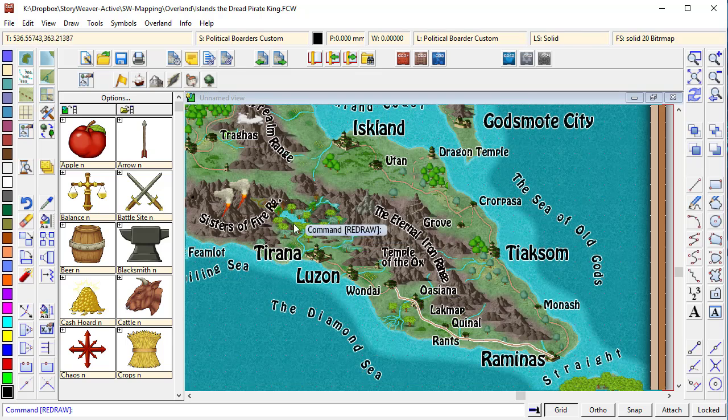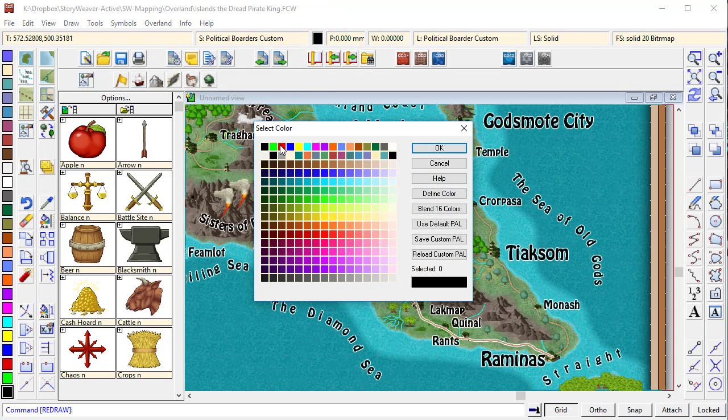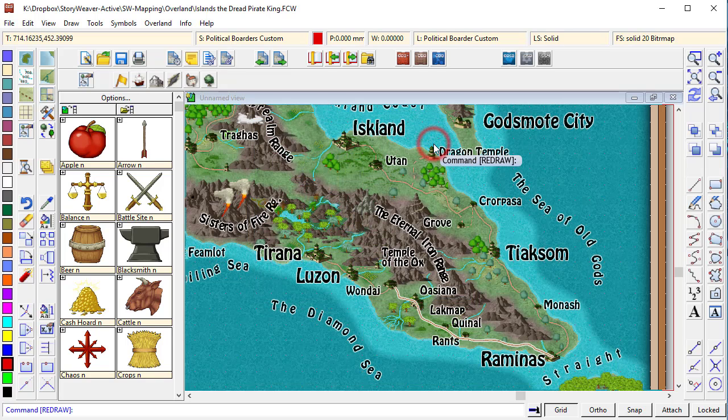I'm going to make the first kingdom, this kingdom in here, have a red border. So I'm going to change my color to red. Now, before drawing this really on the map, I'm just going to do a demonstration. So I've got this border here. If I now selected this tool here, which is the straight polygon tool, and I was to draw a little area like that,